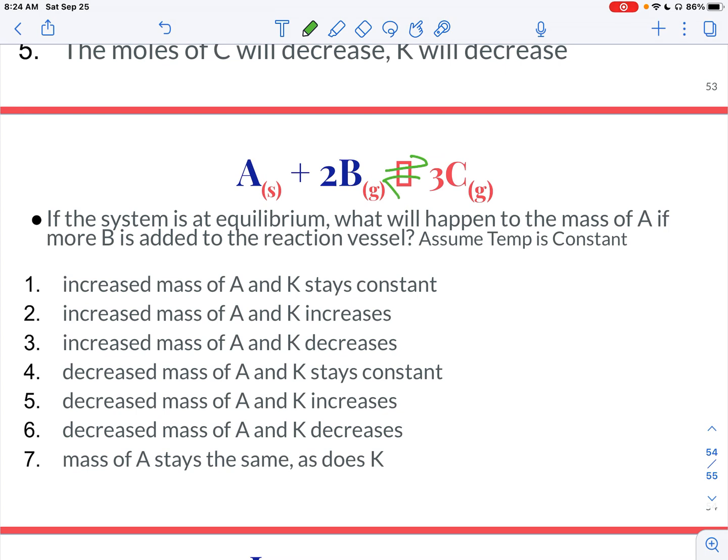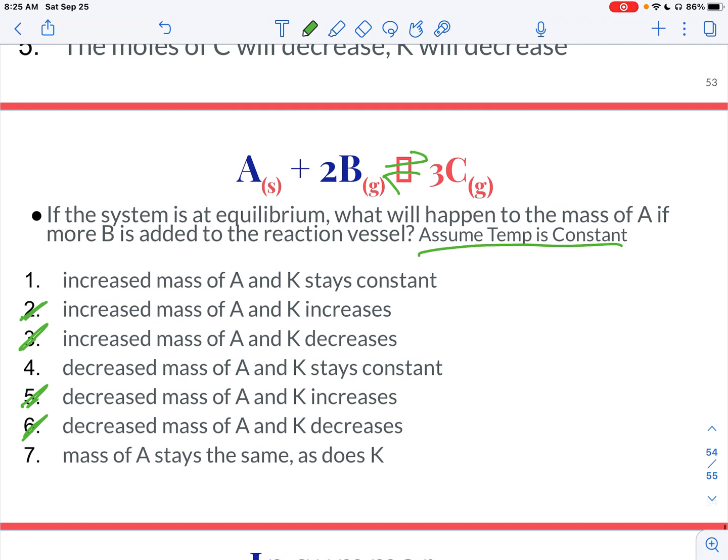But let's see what happens if we change B instead of A. A was our solid, B is a gas. Okay, if more B is added, more gas, that does change the pressure. Okay, so K is not going to change because temp is constant. So that gets rid of this one, this one, this one, and this one. So what will happen to the mass of A if more B is added? Okay, if more B is added, that does change our equilibrium because it will